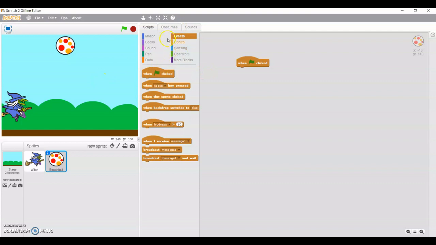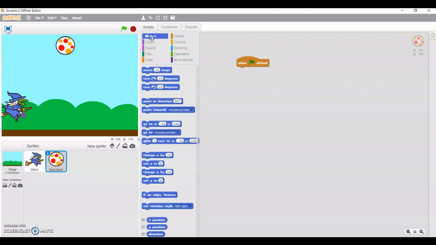Now I'm going to set y to 180. Why am I going to set 180? Because by default I just want my ball to be set at the 180 position, and set y to 180 makes the beach ball, this is your beach ball object, that is another sprite, go to the top after falling every time.